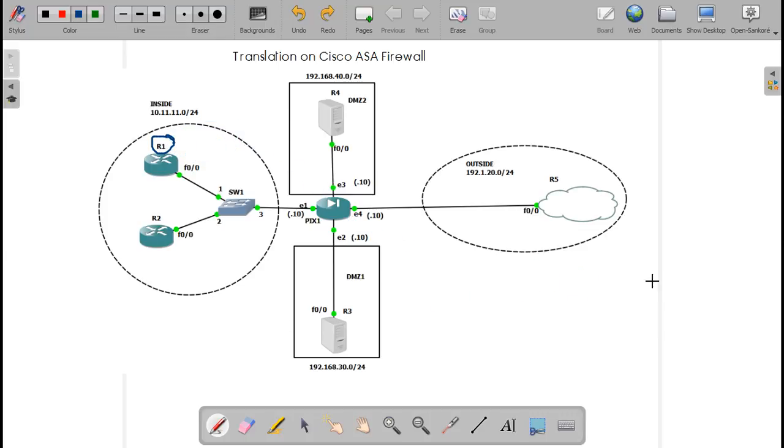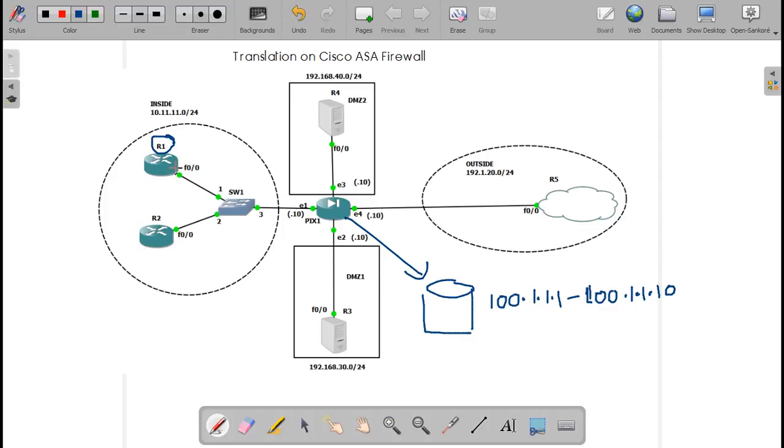What we'll do is create a pool on the firewall. Say our pool has IP addresses from 100.1.1.1 to 100.1.1.10. Suppose we have 10 public IPs. These are public IP addresses, routable on the internet, no issues.